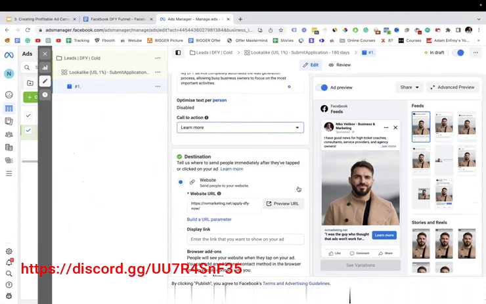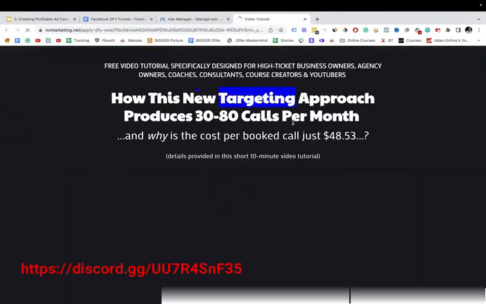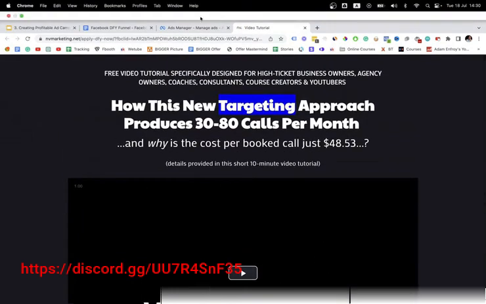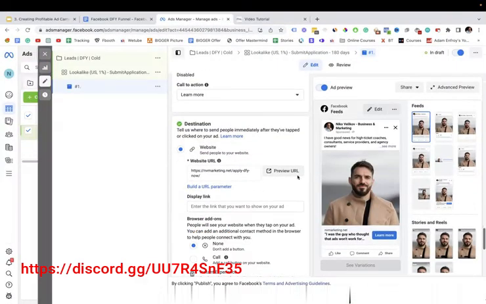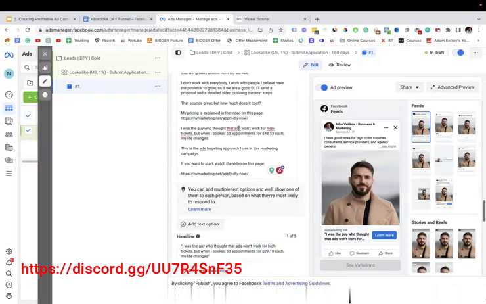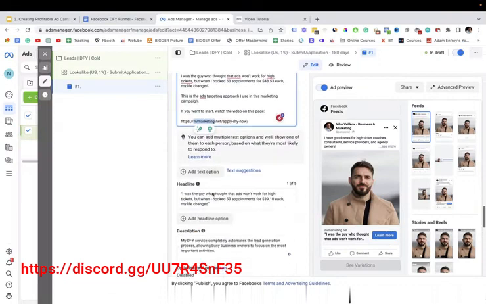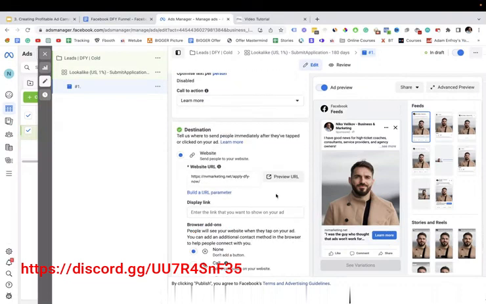So before running your ads, make sure you click preview URL and make sure you're sending the traffic to the right URL, because people will see this ad, and once they click, they'll go to this URL. And also double check that the URL in your ad copy is the right one. So I usually like adding the call to action link in my ad copy and also under website URL. And so I'm gonna click publish,